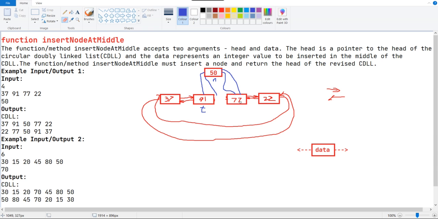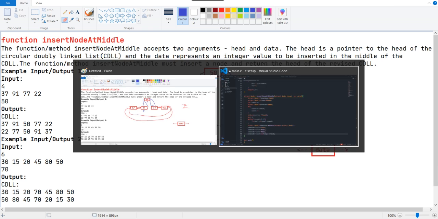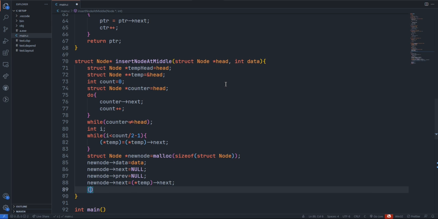Temp arrow next arrow previous contains new node, star of temp arrow next arrow previous contains new node. So the connection of one side is made successfully.